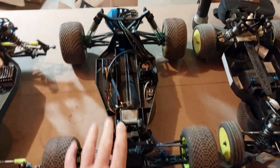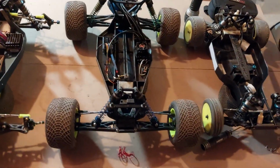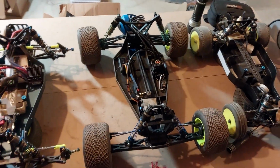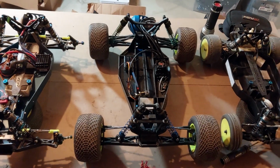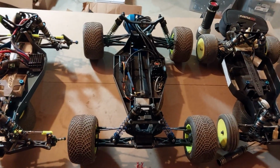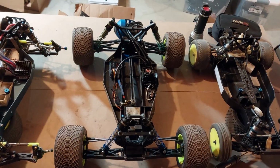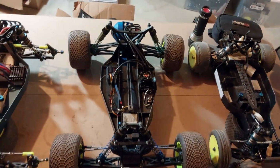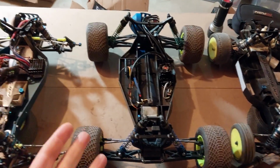Okay, so this right here is an RC10 T3. I picked this up not too long ago because I would like to enter it in the next RC10 Talk Vintage race. One thing that they're going to do that's new for this next race is to have another stadium truck class. So in the past they had a two-wheel drive buggy, Y2K two-wheel drive buggy, four-wheel drive buggy, and